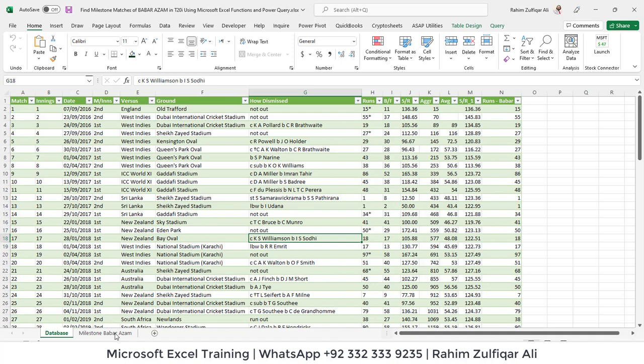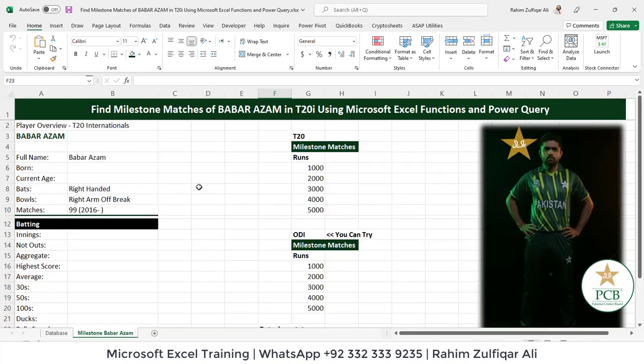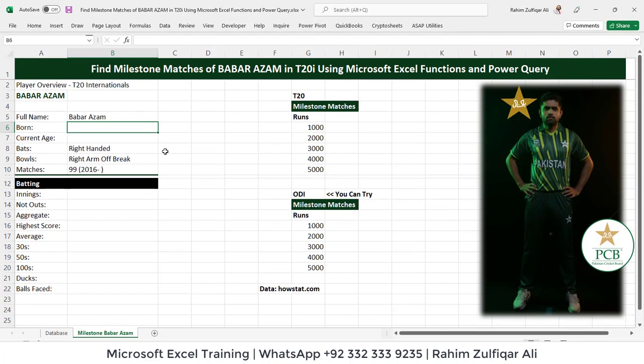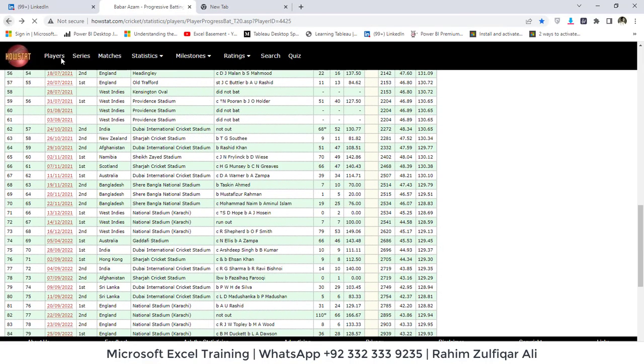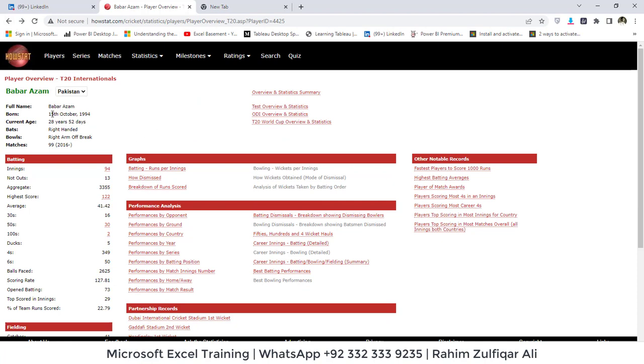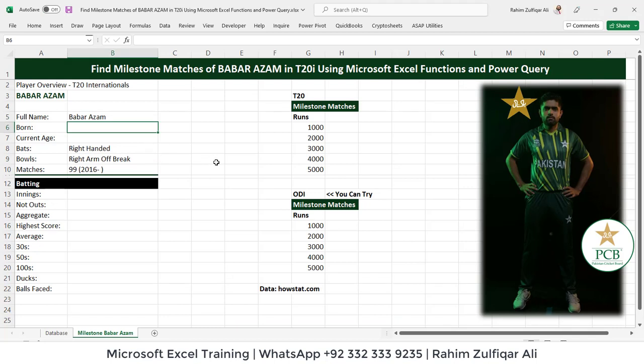Right, now we will try to create some analysis, some fundamental analysis for sure, but before that, this video also covers some handy tips and tricks for you. Let's say we want to know when Babar Azam was born. I will go to that page, and it's written 15th of October 1994, right? So when I go to Excel and write 15th of October 1994,